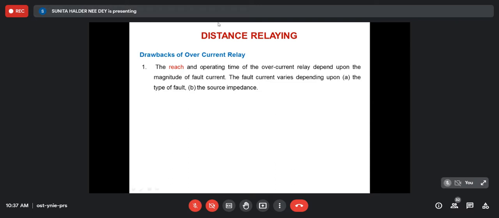Why is the distance relay required? It is required because there are some limitations of the overcurrent relay. First, the overcurrent relay is sensing current. Now you know the fault current deviates depending on the fault point. Even for a small deviation of the position of the fault point, the fault current may deviate a lot. So in that case, it is very difficult to set the overcurrent relay. So that is the limitation of the overcurrent relay. Similarly, it will be dependent on the source impedance, because the magnitude of the fault current also depends on the source impedance.